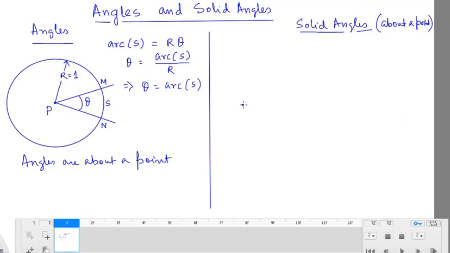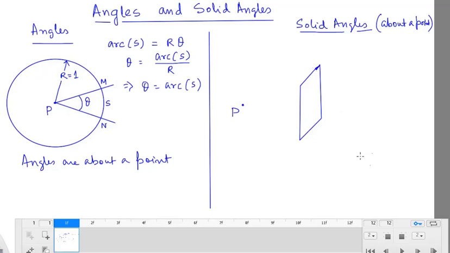Okay. Now take this point P. This is the point P about which you want to measure the solid angle. But a solid angle will be of some area, right? Suppose you take an area like this, like this. Okay. Suppose you take an area like this